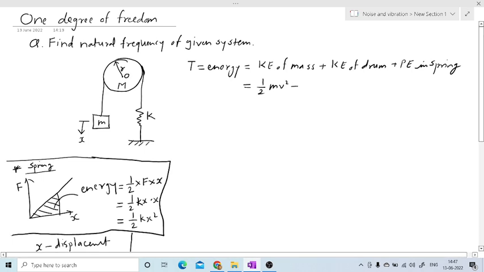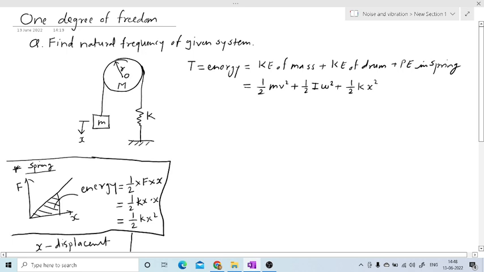This is the formula to calculate kinetic energy in the linear system. Then the kinetic energy in the drum is 1/2, but we have to write it in circular form because it is going to rotate. So I replace this formula with the angular one. Instead of mass, I write mass moment of inertia I, that is mk square, and v is replaced by omega, angular velocity. So the formula is the same: the first is linear and the second is angular. So 1/2 I omega square, plus the potential energy stored in the spring, which I write as 1/2